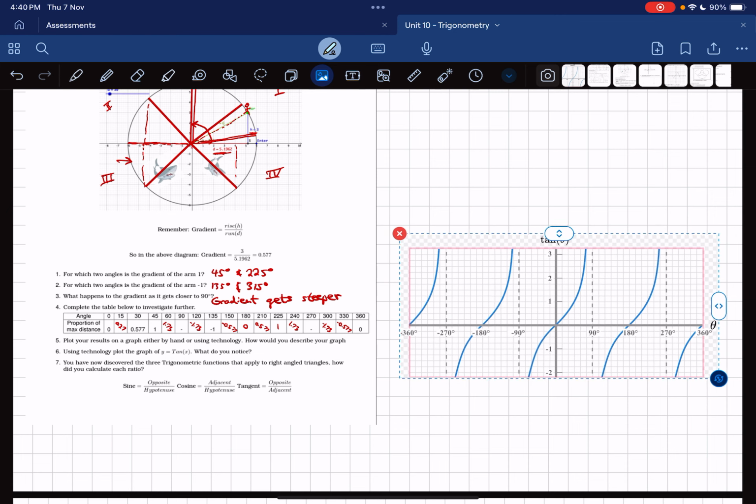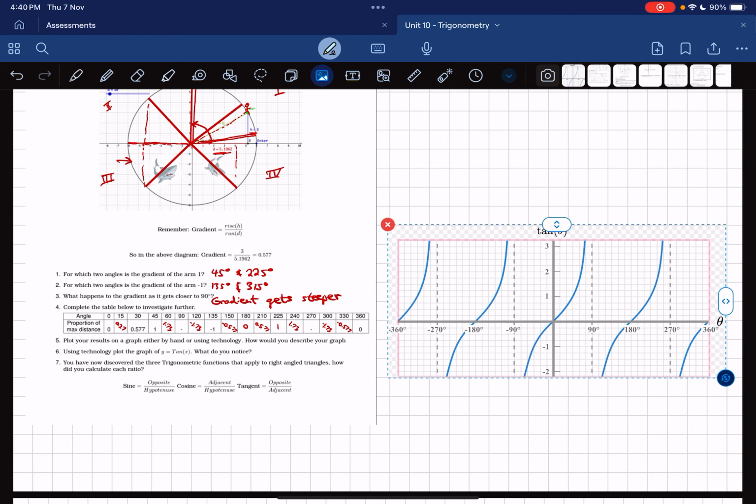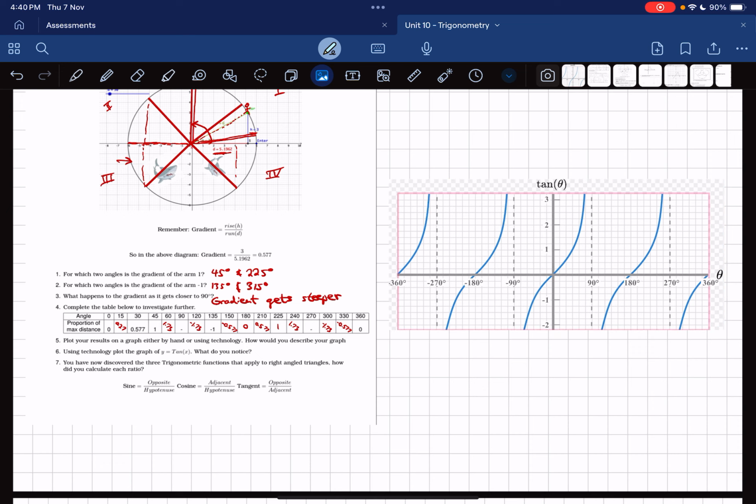Okay, now it's quite different from what our sine and our cosine graphs look like. Okay, notice here we have these asymptotes. Okay, asymptotes at negative 90 and positive 90. And then we see those asymptotes repeated every 180 degrees from there. Okay, so at negative 270 and positive 270. All right, so when you are graphing a tangent function, it's often really, really helpful to graph those asymptotes first,